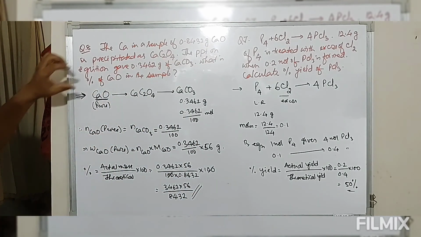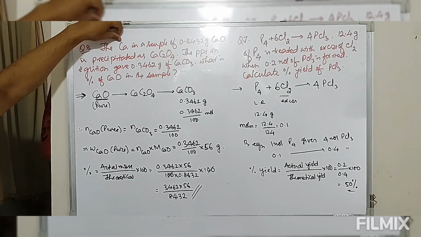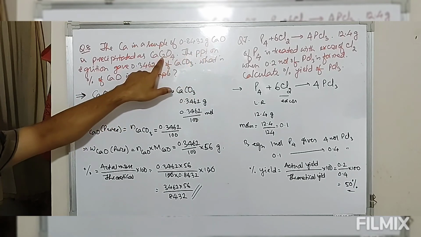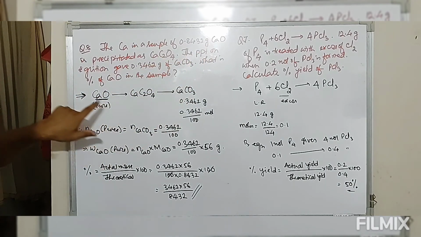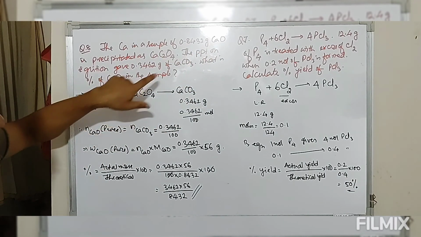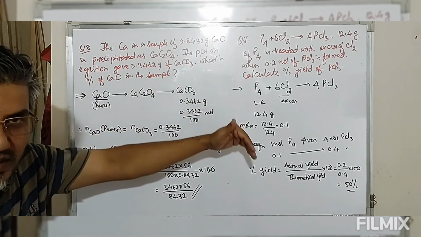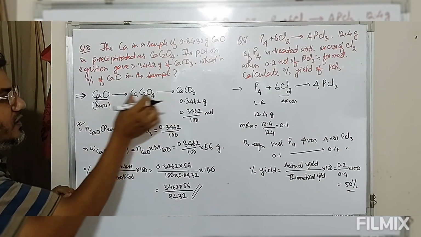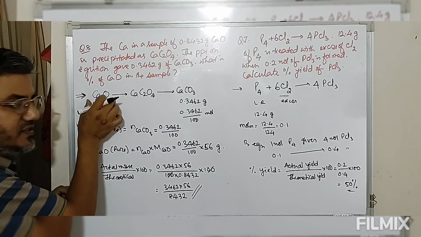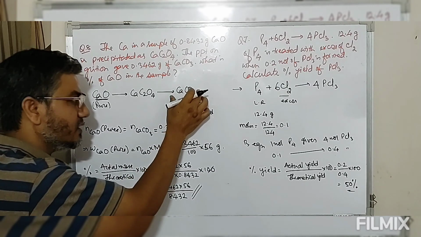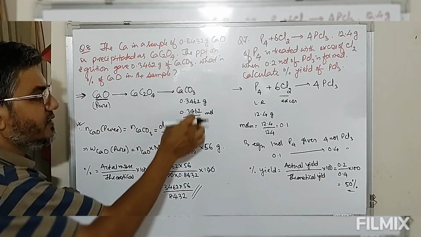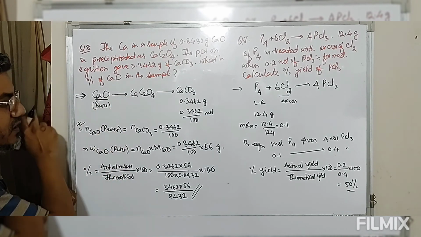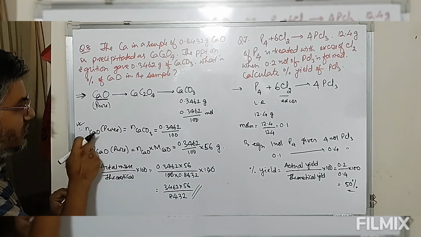So now look at this reaction. Calcium oxide is converted into oxalate, oxalate into carbonate. So 1 mole gives you 1 mole gives you 1 mole. So we have a 1:1:1 ratio. From this we can define that the quantity of pure calcium oxide present should be equal to the quantity of calcium carbonate, because the number of moles of calcium carbonate is equal to the number of moles of calcium oxide.